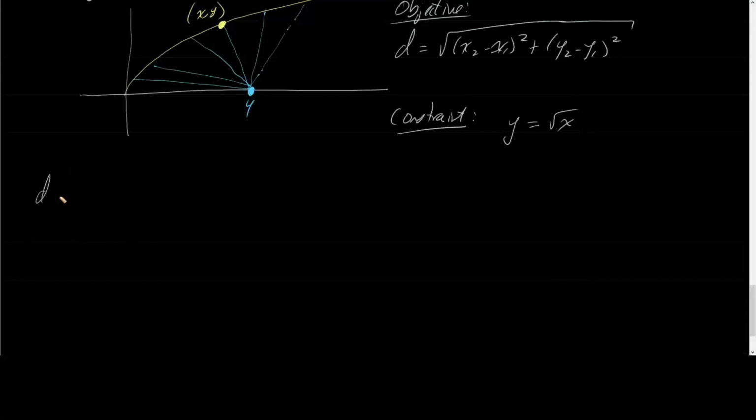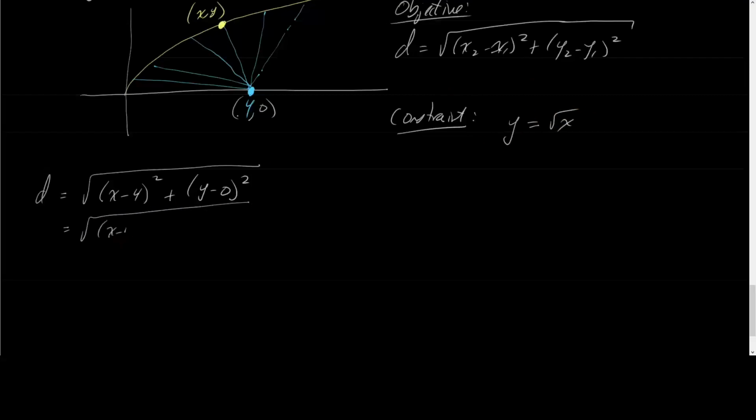We need to rewrite our distance function, and if I apply it to these 2 points, remember this is 4 comma 0. If I apply it to these 2 points, what do I get? I get x minus 4 squared plus y minus 0 squared, right? X sub 2 minus x sub 1, y sub 2 minus y sub 1. Which, in this case, what does that mean? Well, we know the y value. The y value is radical x. So I have the square root of x minus 4 squared plus radical x minus 0,